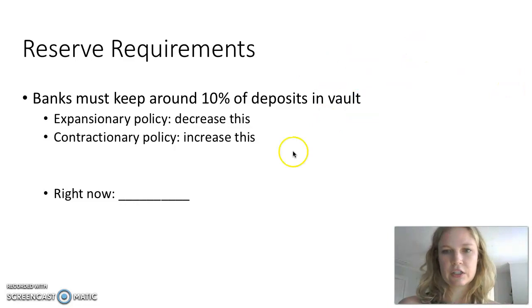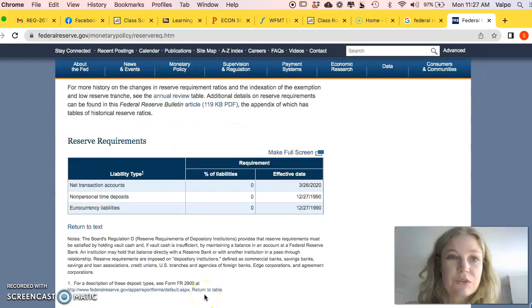So what I would encourage you guys to do is actually pause this and Google, if you don't already know, what our reserve requirements currently are. Okay, so hopefully you did Google it. And by the way, this is something that I like to do in class a lot, is I'll have the students Google stuff. They have their phones on them anyway. Because it's like a lesson.